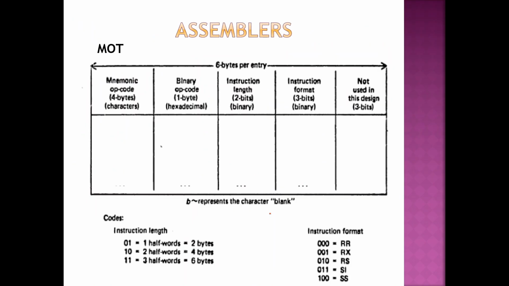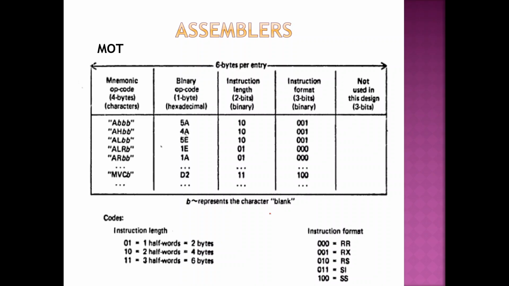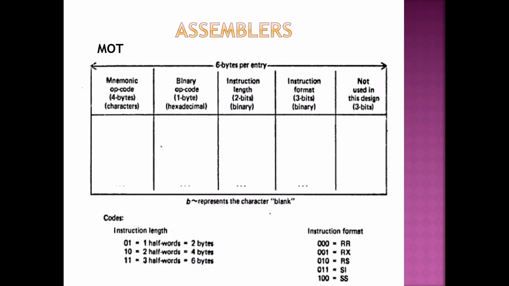Here we are going to have a lot of databases. We are going to have 5 databases. After you fill the 5 databases, you will have a clear idea of what is what. You will have all the values in your hand, and then you can easily assemble it and convert it into zeros and ones. So what are the things you require? There are these tables, so let me list them out. First is MOT, machine op table. Second is POT, pseudo op table. Third is the symbol table. The fourth is the literal table. Fifth is the base table. Again: MOT, POT, symbol table, literal table, and base table.